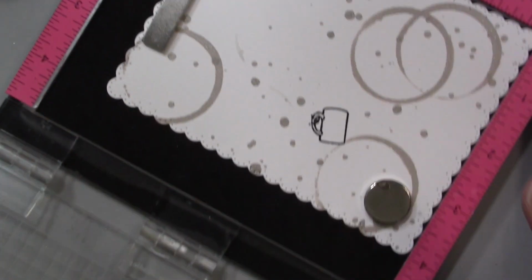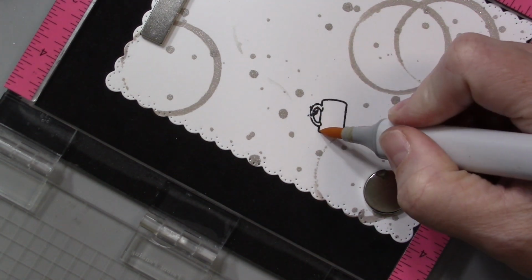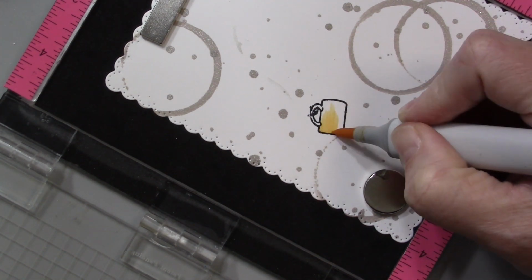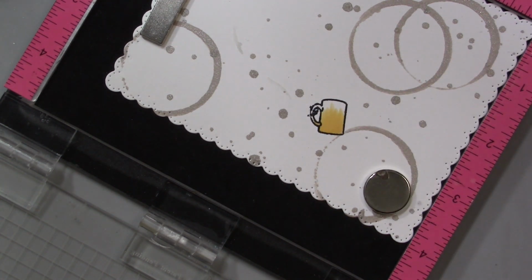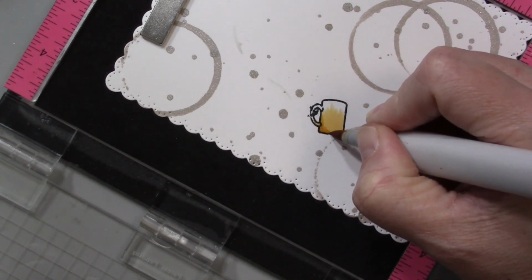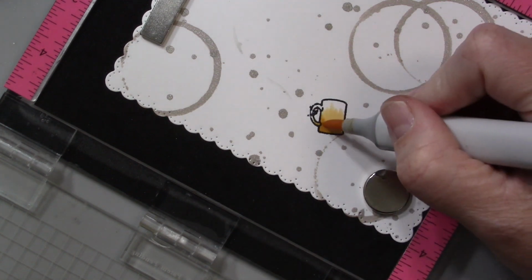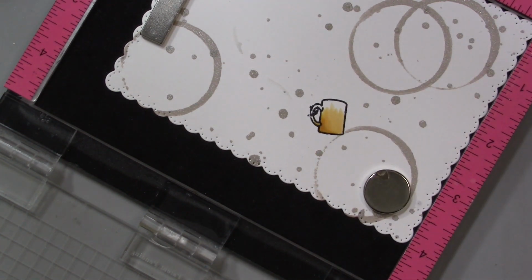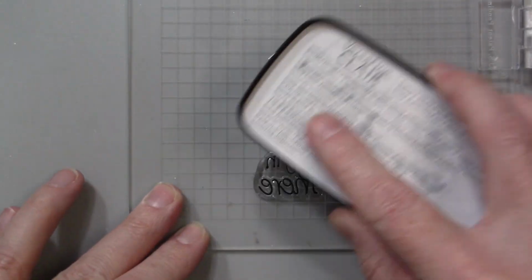So now I've lined up my sloth circle in my MISTI, and now I've re-stamped that coffee cup. You know, I showed you that I cut off a portion of it, and so I just lined up my circle where I want it and then put the stamp over top of that little circle with the sloth, removed the circle and stamped it down to that piece of paper in the background. You can also see that I used a die cut to cut out the background so that it has that